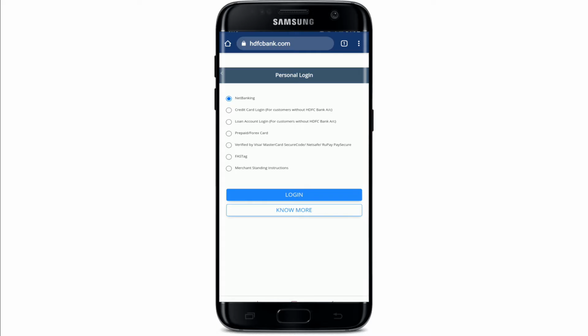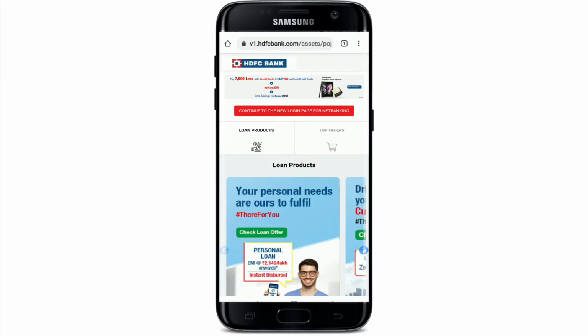Tap on the button and on the next page, choose the area from where you'd like to log into your account. Let me choose this net banking option and tap login. Now, on the next page, tap on continue to new login page for net banking, and this is the login